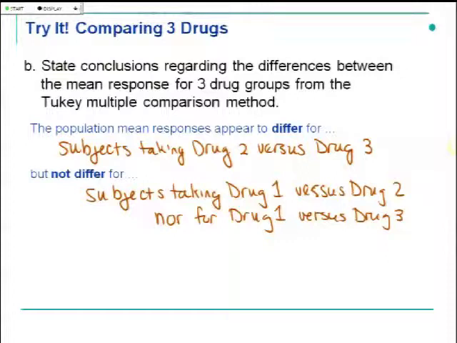It's kind of strange that if 3 is not different from 1, and 1's not different from 2, well then why isn't 3 not different from 2? But they were the ones that were furthest apart. So they ended up being different. In fact, I'm going to show you one other